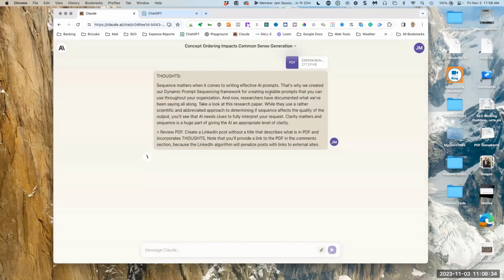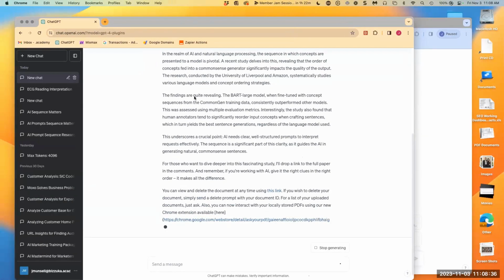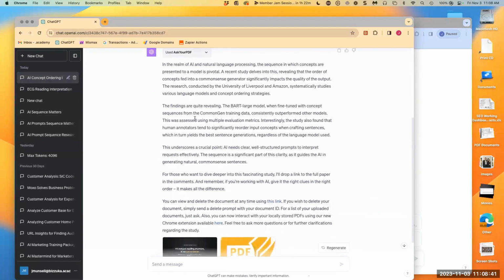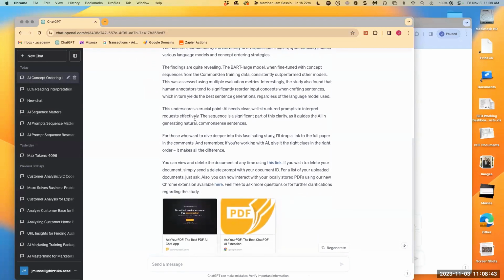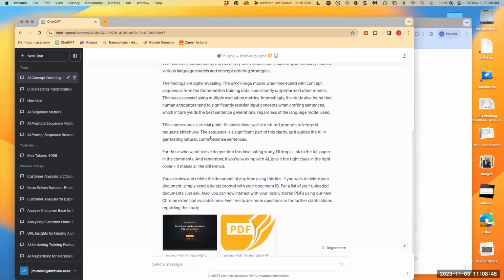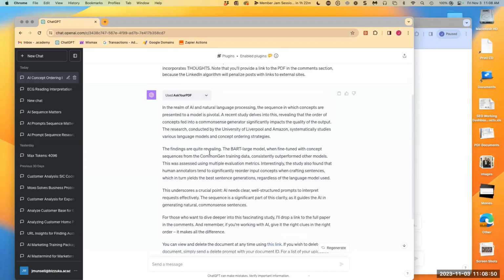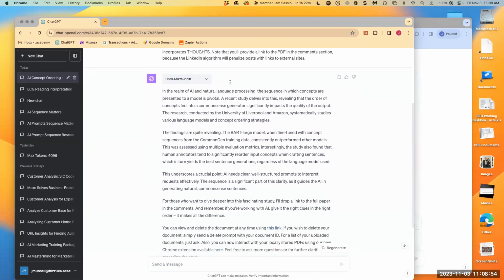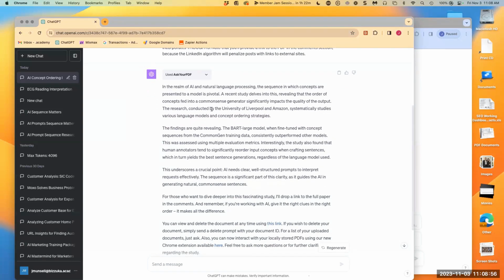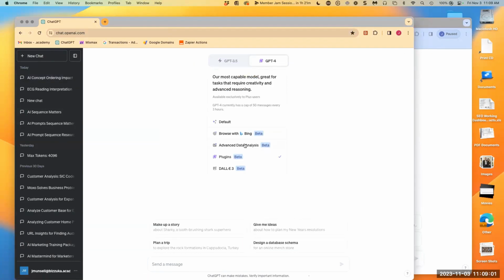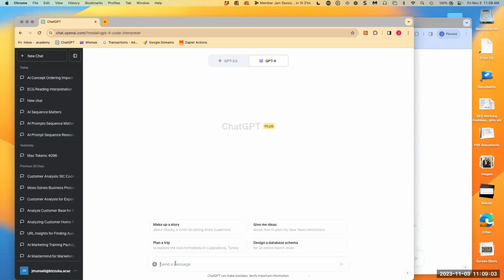And then while that's running, I'm going to run back over here, and you can see, look how much writing this has done. And then of course it's pitching the plugin over here. All right. Now on the other end, if I were to use this same thing, and every time you run this, it's going to run a little different. But if I were to do this and then just go into advanced data analysis, and so now it's going to take that PDF,